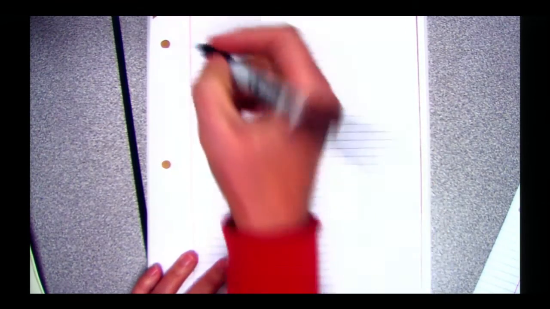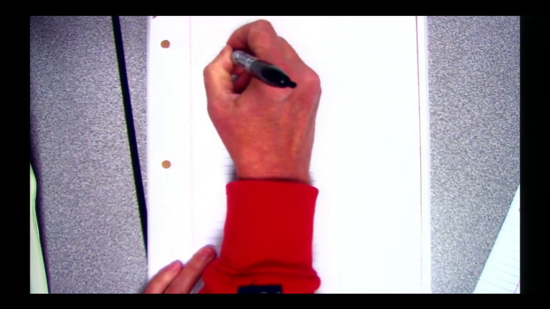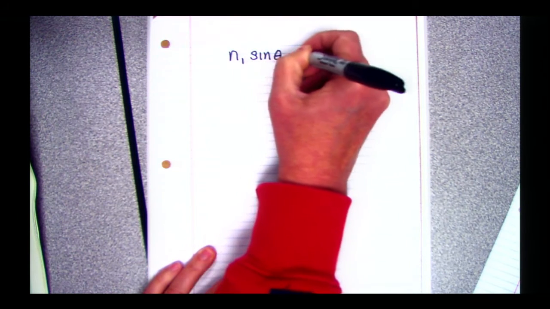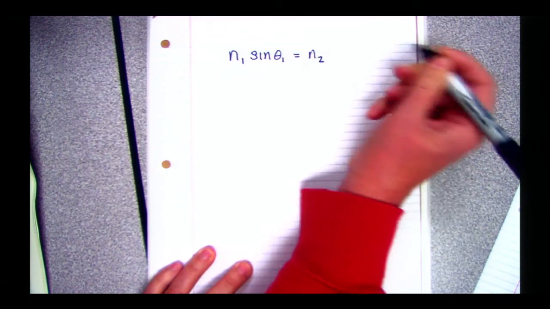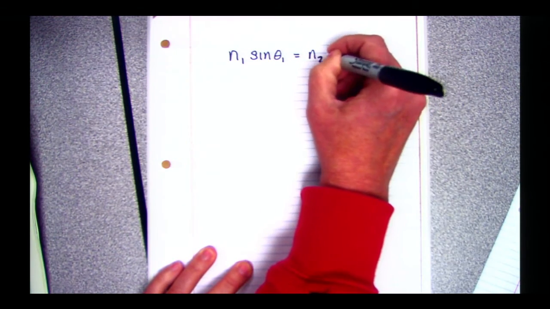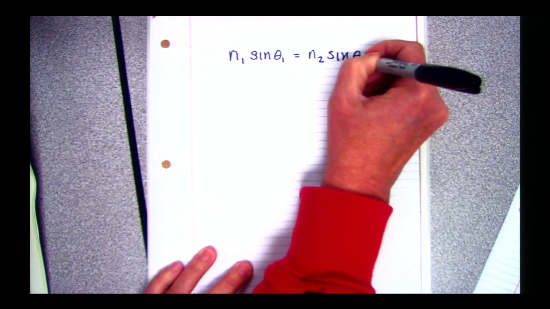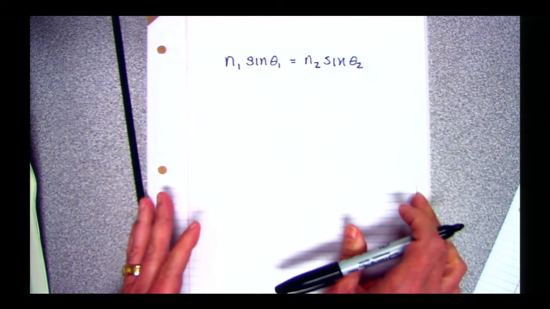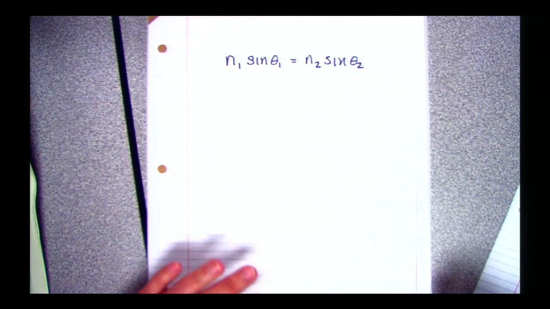Snell's law is the index of refraction times the sine of the angle of incidence is going to equal the index of refraction of the item that it's going into, times the sine of the angle of refraction. So that's Snell's law. Now, even though I put it on the slides, I kind of quickly went over it. Where this is coming from is that if I look at my system, and I've got my normal here,